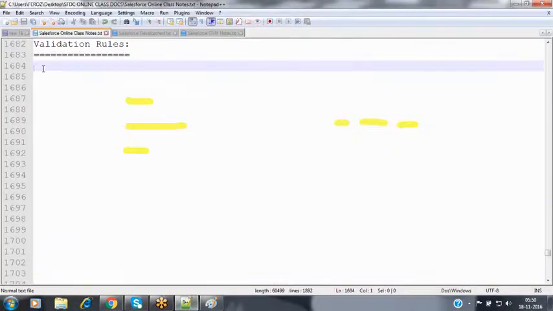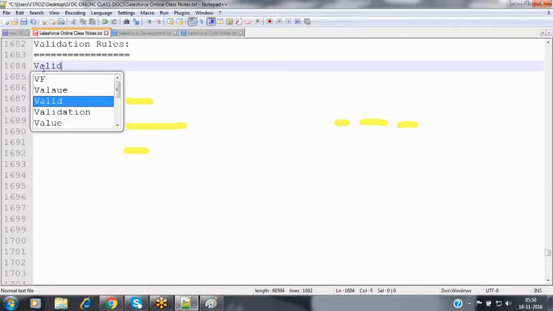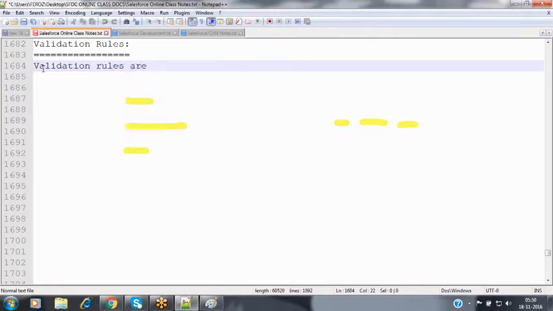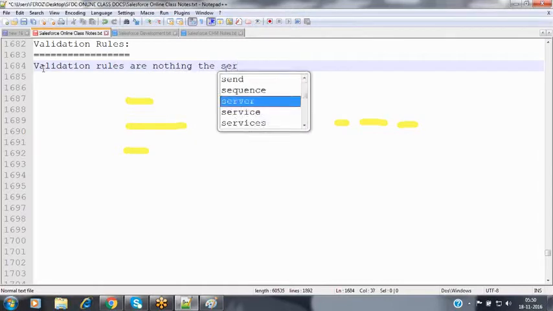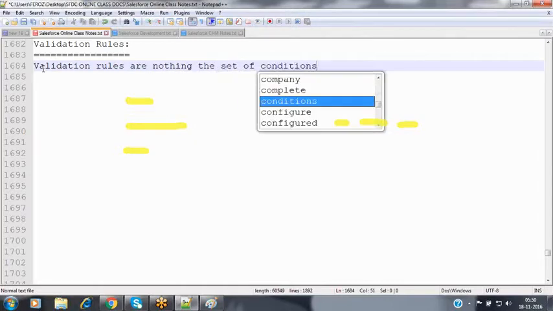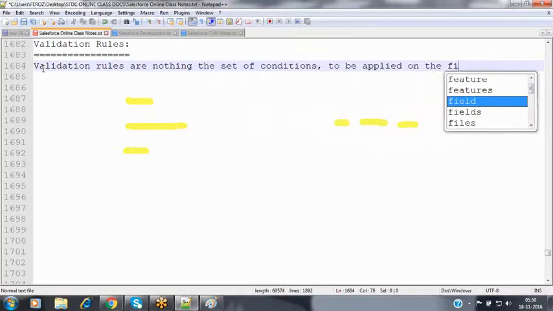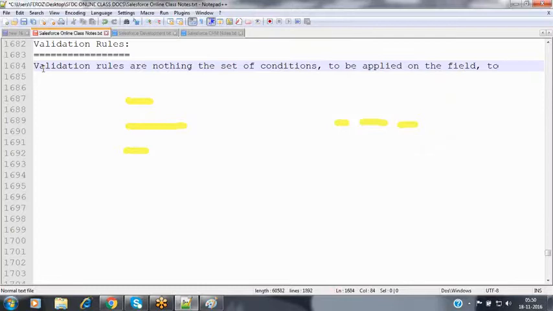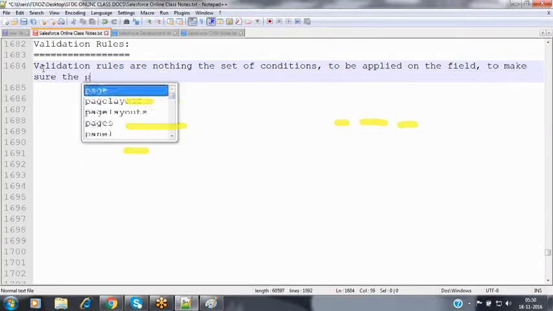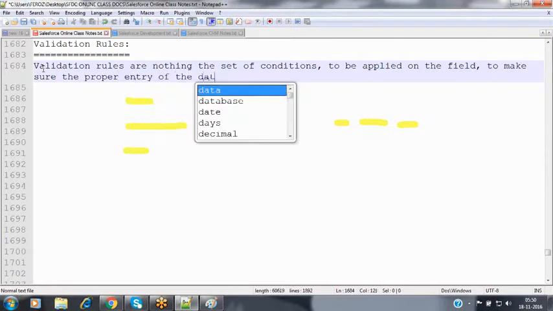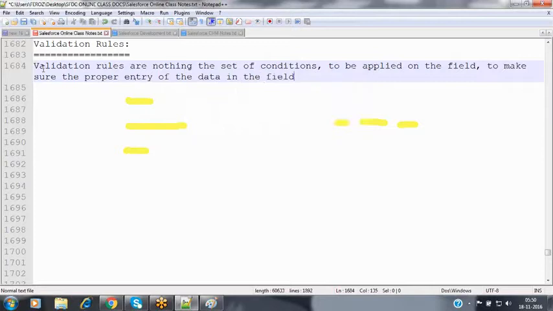So what exactly is a validation rule here? Validation rules are nothing but the set of conditions to be applied on the fields to make sure of the proper entry of the data in the fields.